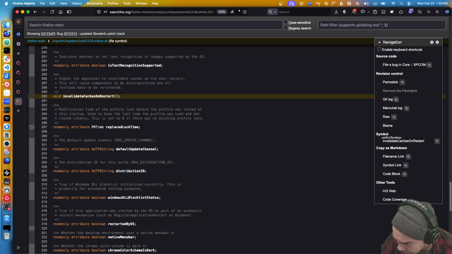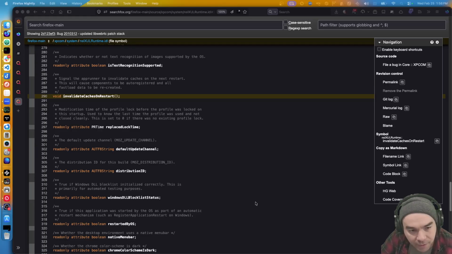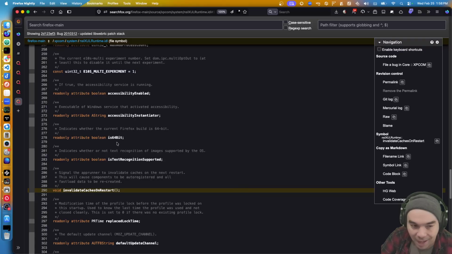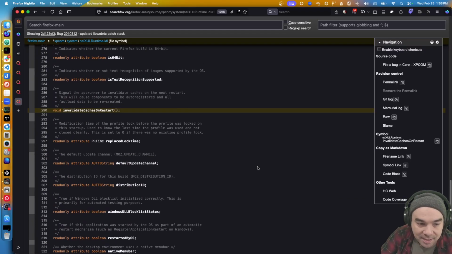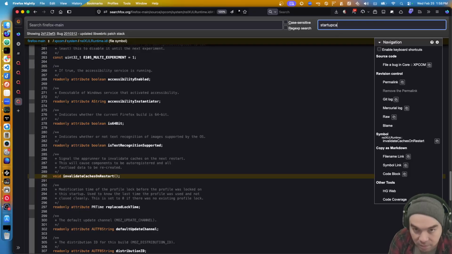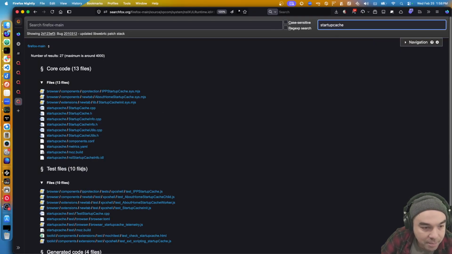I have a script for Firefox on mobile. I need to detect if my autoconfig and other script files related to bootstrapping it have changed. Do you have something that offers more fine-grained control? Not that I'm aware of, Danny Colin, but that doesn't mean it doesn't exist. The startup cache, for example,